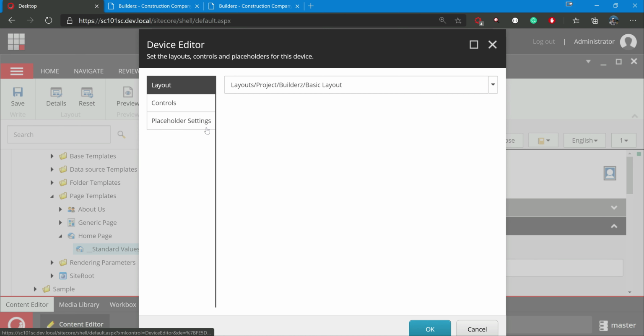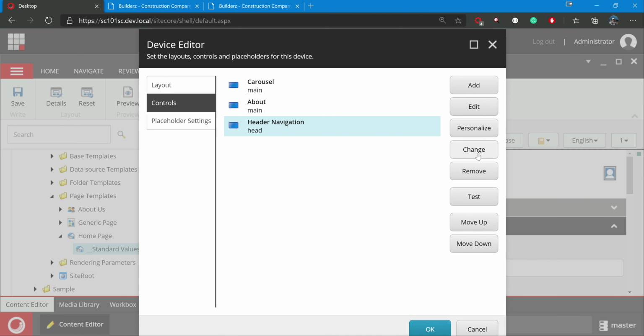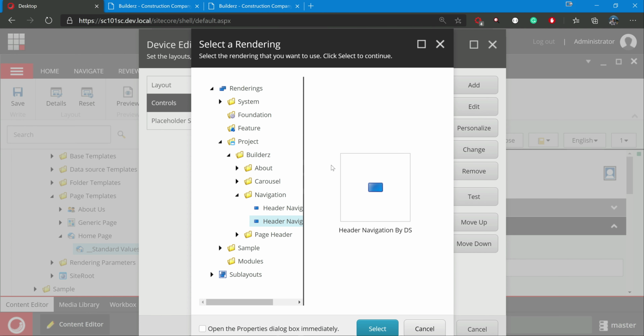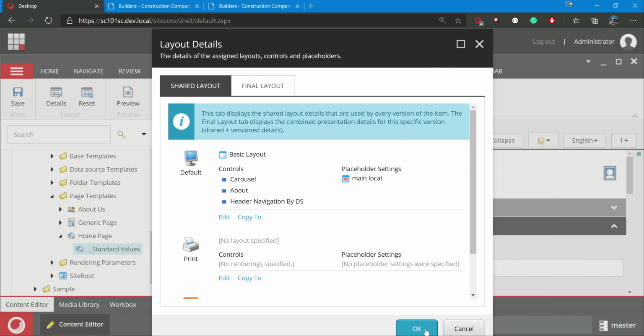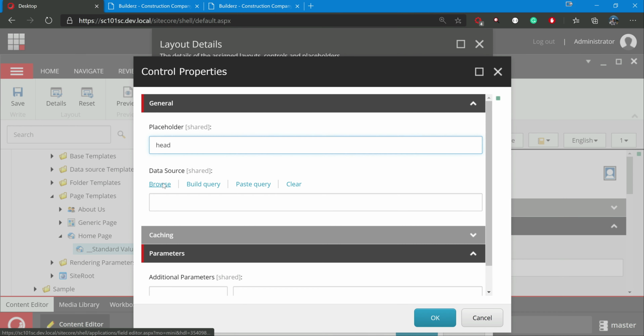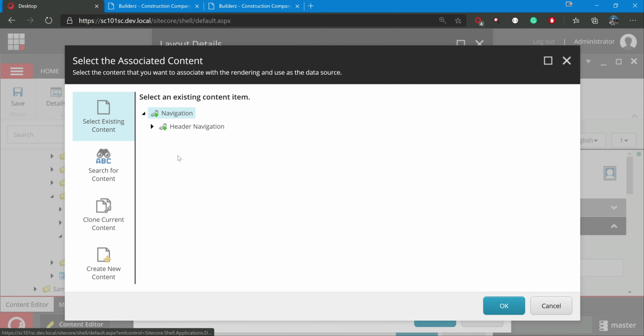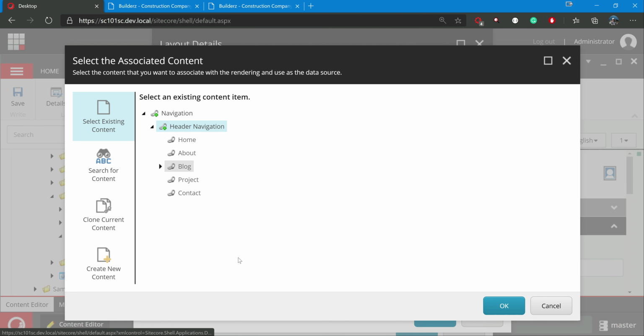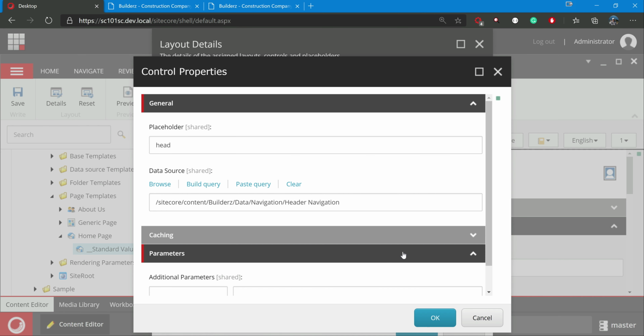and rather than changing everything, I can just change the data. I can change the name here. So change the component to header navigation by data source, because the placeholder will remain as it is. And let me give the data source here itself. The data source can be this and it will read the tree, but yeah, header navigation is the one. If you go to home, it will show it's not valid because we are telling navigation folder as a data source. Header navigation. Okay.